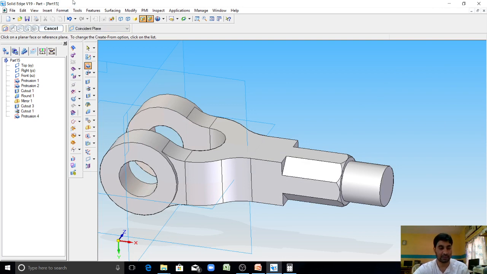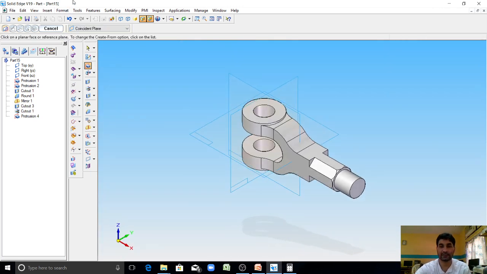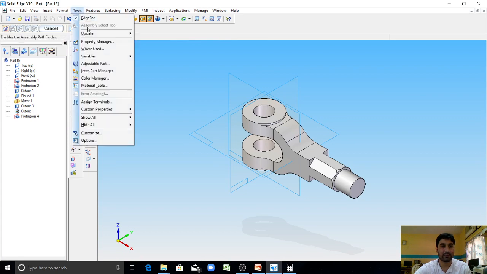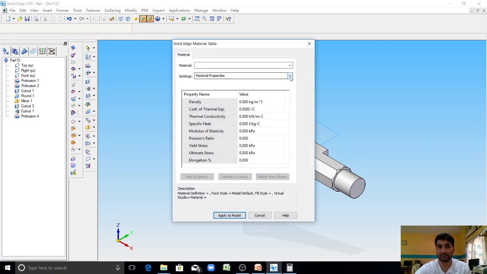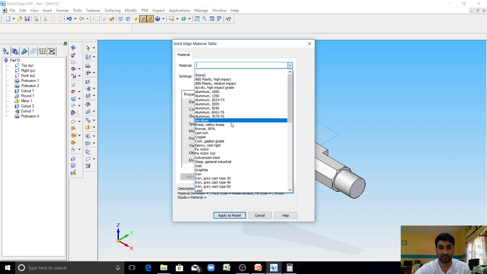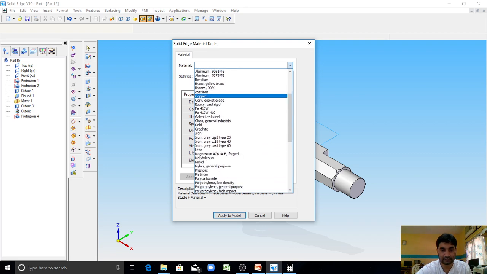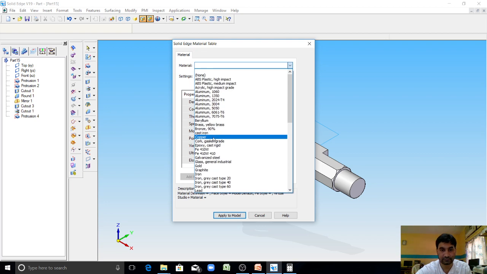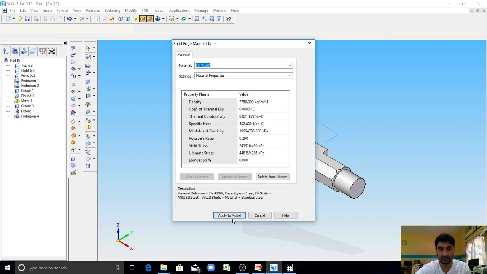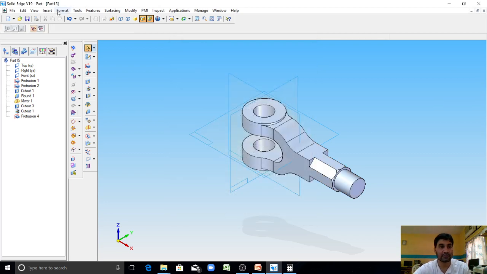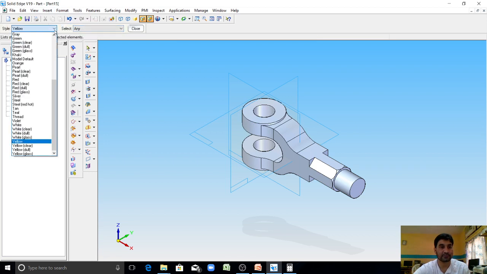So press Ctrl I, isometric view. Apply the material for this. Material table. Material is Fe410W. Apply to model. Go to format, part finder.